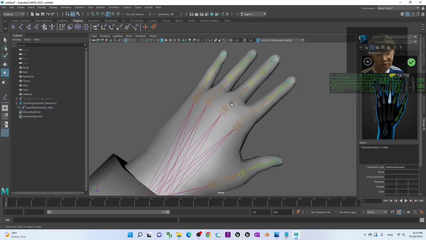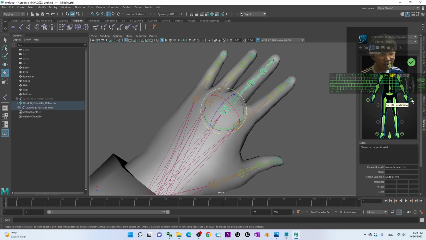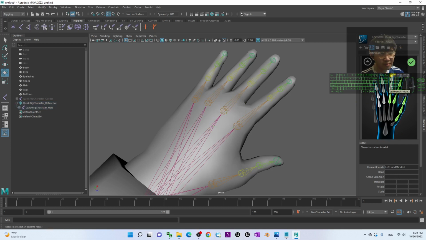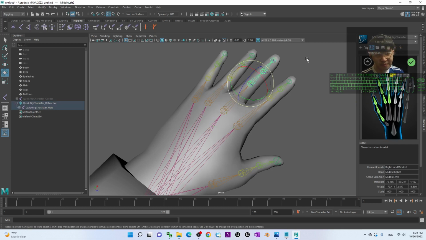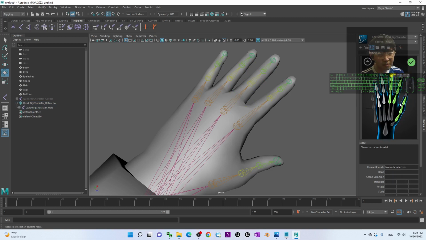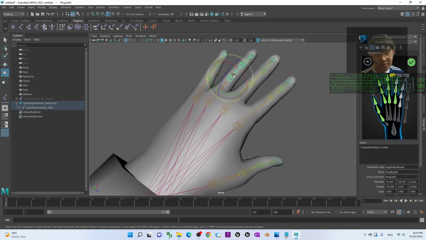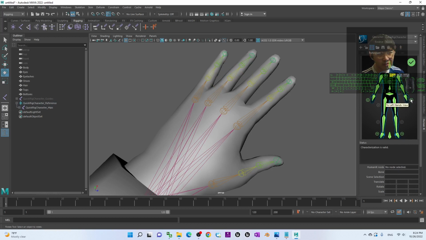You have to be patient, just plot it one by one. Now we have two fingers left. We have just one finger left here.